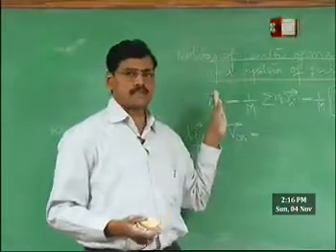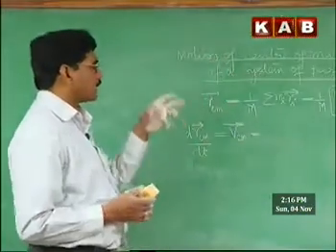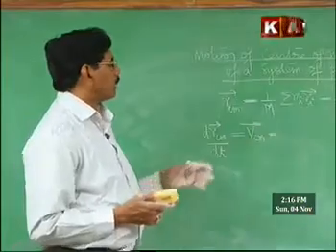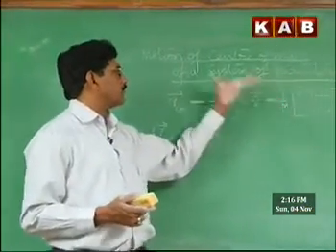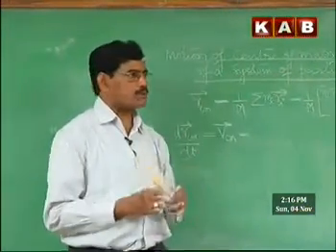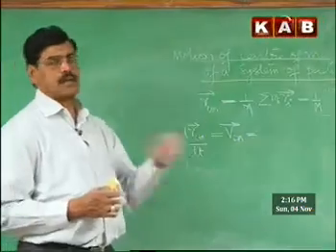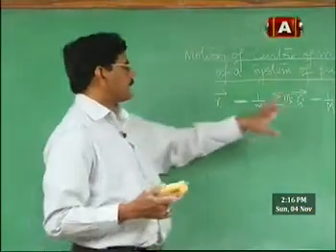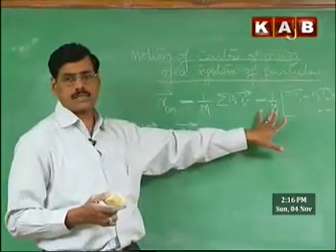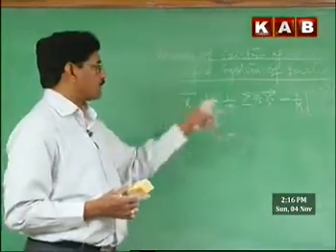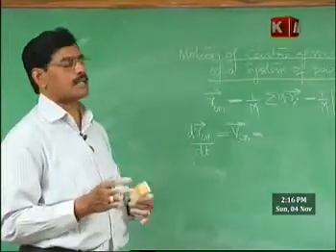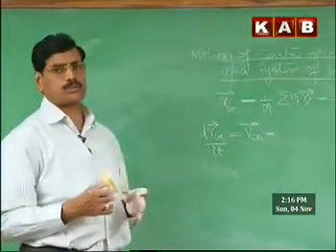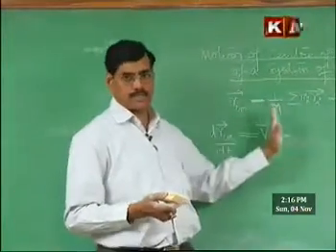There are two kinds of systems for a system of particles. One is constant mass system and the other is variable mass system. What is meant by constant mass system? When, during the course of motion, no mass or no particles enter into the system or leave the system, in such cases total mass of the system is said to be constant. But when some particles are entering the system or leaving the system during the course of motion, we call it a variable mass system.